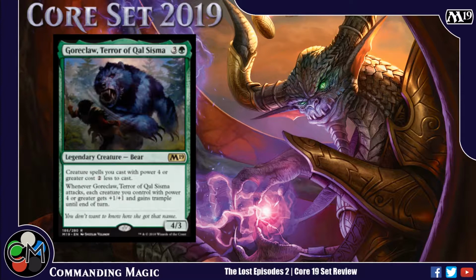Oh, yeah. On a 4 mana creature, well, let me just put it like this. Okay, I've got him out, right? And then I can cast Surrak for just